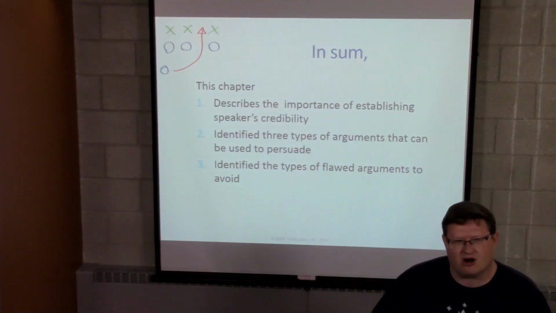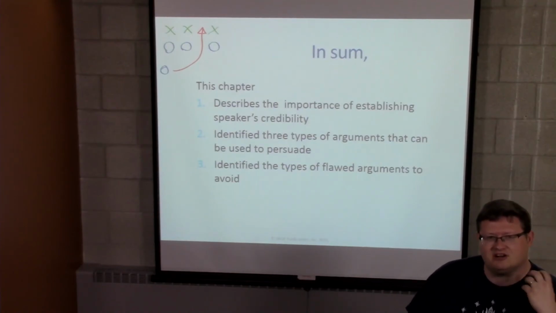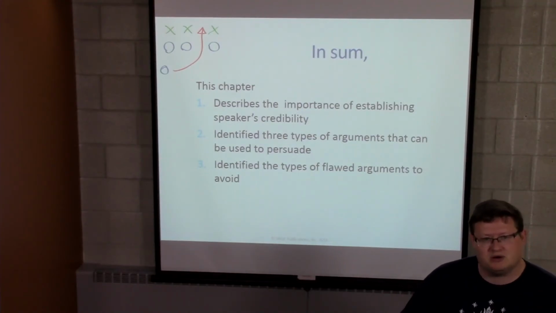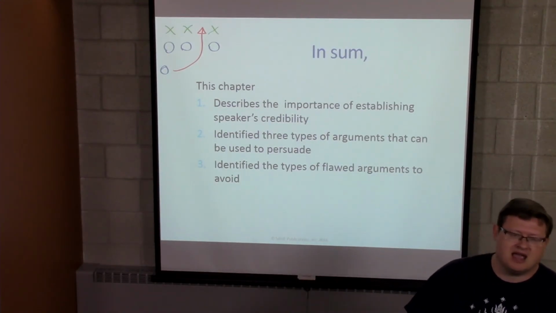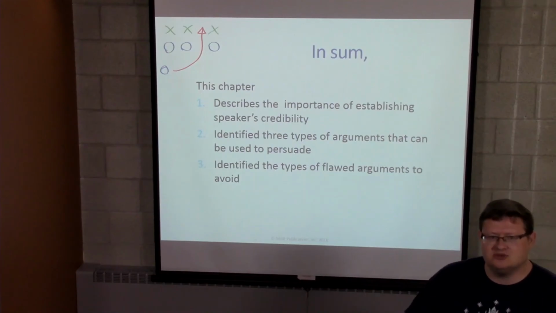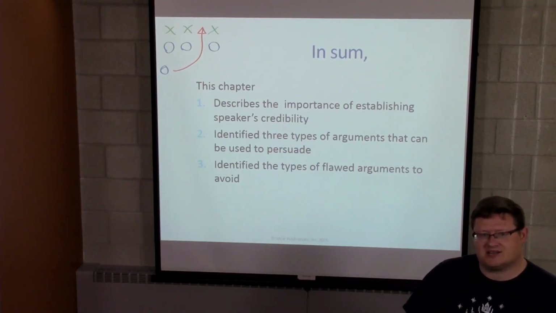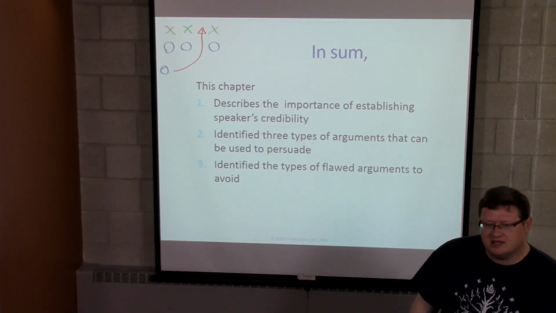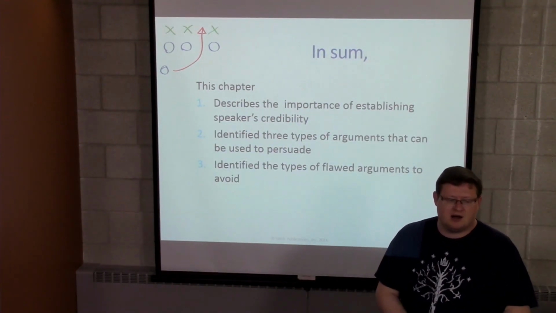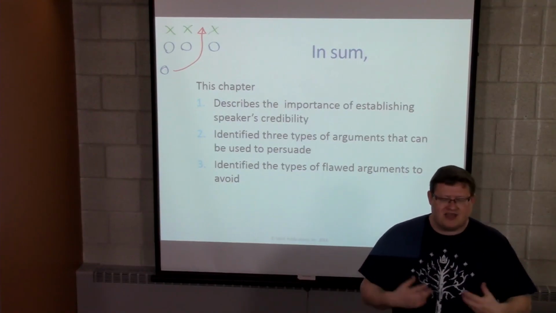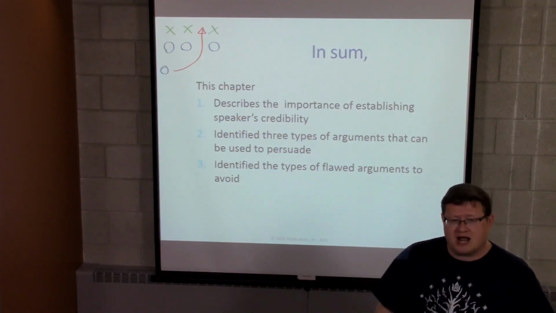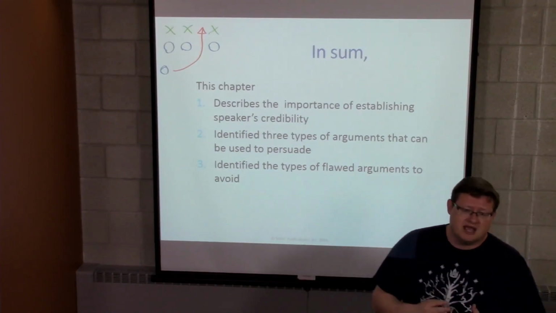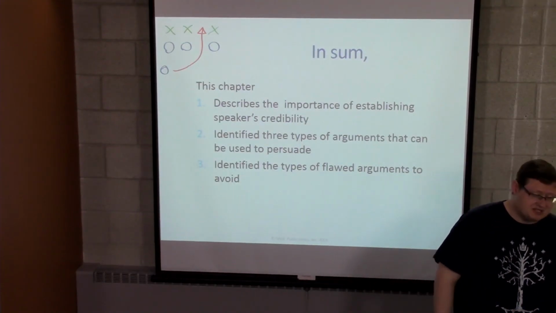we want to focus on the idea of clear argumentation. We want to focus on the idea of clear evidence. We want to build credibility and use ethical forms of pathos and ethical forms of logic and appeal to arguments that satisfy Maslow's hierarchy of needs and so forth. And all those things, if done properly, can certainly help you engage in the proper kinds of ethical persuasion that hopefully all of you will take not only from this class, but you'll practice in all of your lives as you move forward in giving all kinds of different types of presentations.